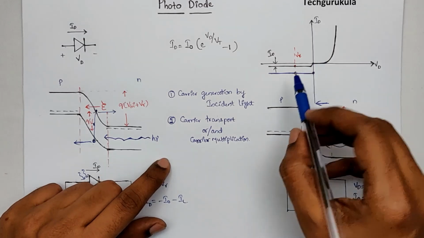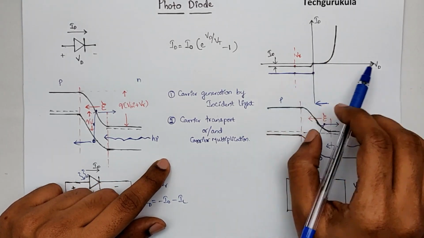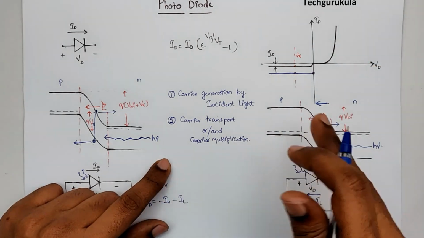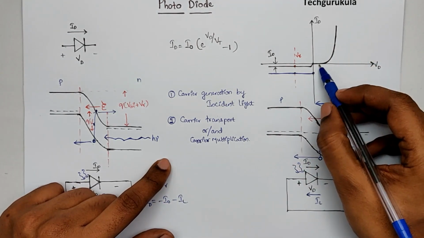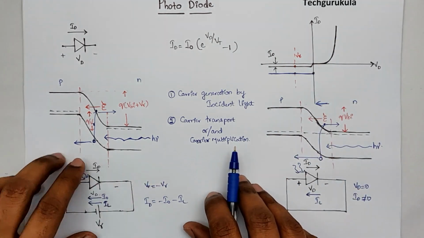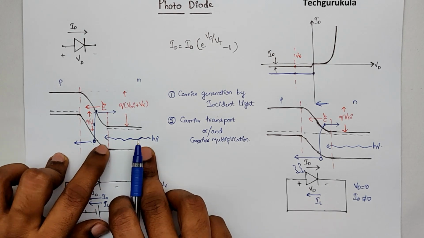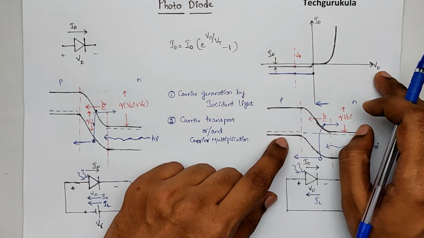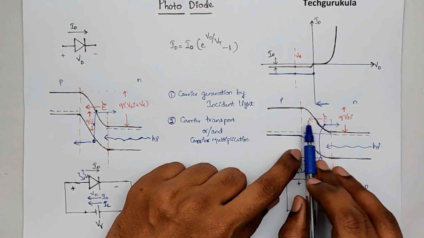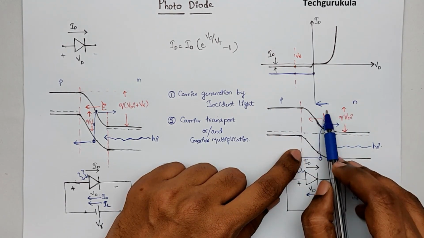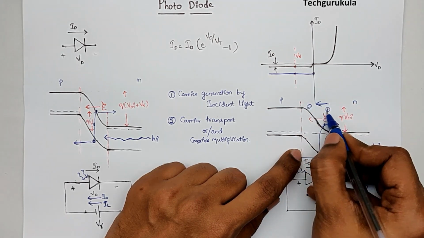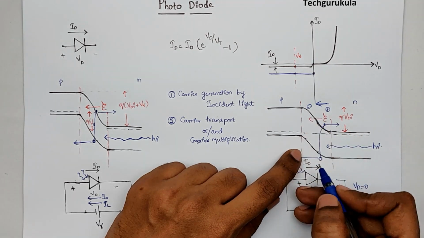Now, the question is, we have seen when it is reverse bias, we have seen when Vd is 0. Now, what will happen when we forward bias this? When we forward bias, the current would be positive if there is no incident light. Even when Vd is positive, the electric field still will be directed inside the PN junction from n side to p side. Because we know on the n side we have positive ions and on the p side we have negative ions. Electric field is always directed from n side to p side inside. Which means